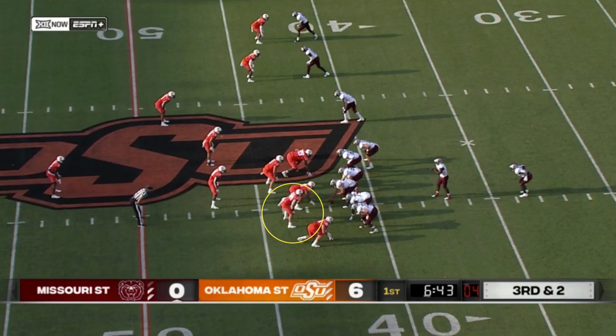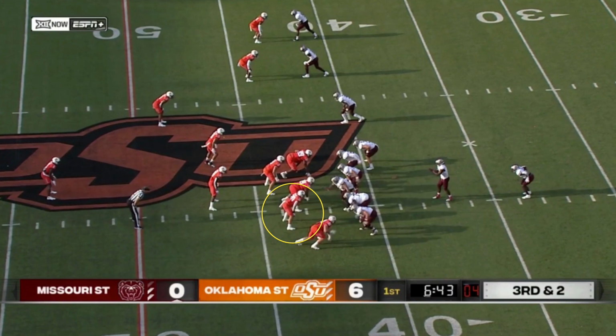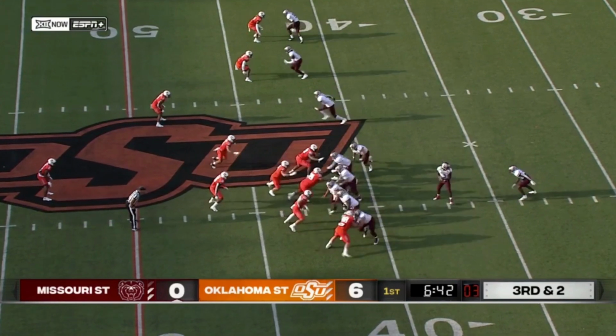But watch Malcolm Rodriguez, right? He's a linebacker, 225? It's good weight. He looks strong, but he is undersized for a linebacker. Obviously he's too big to be a safety, but he's too small to be a linebacker. But he's got such great strength and great hands. And you watch him here, right off